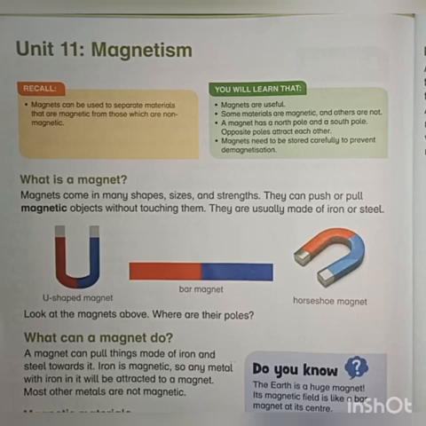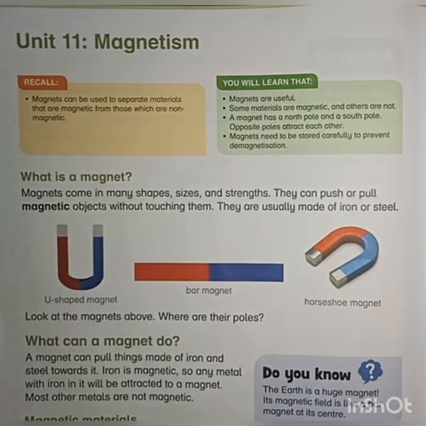What is a magnet? Magnets can push or pull magnetic objects without touching them. It means that without touching any objects or materials, we can separate magnetic materials from non-magnetic materials with the help of a magnet. Magnets can vary in shape, size, and also in strength.